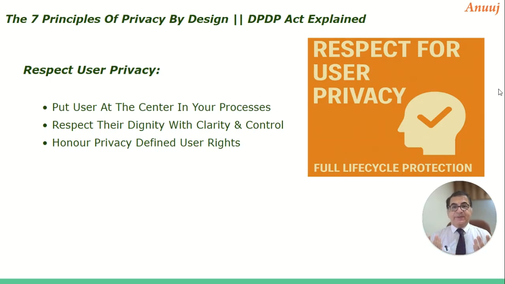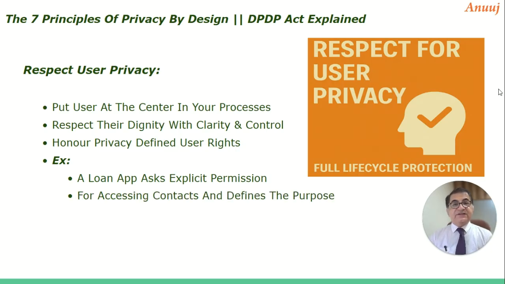So privacy expects that your system should be developed so that all these rights are automatically taken care of while working on your systems. For example, a loan app asks you for explicit permission for accessing contacts on your machine. It's your user right. You say yes, you say no, your choice. They ask you before they actually do it. And of course, they define the purpose why they are doing it. So they are respecting your privacy, that despite the fact that their app is already on your phone, they are not just getting into your contacts and taking them out without your permission. So these are the